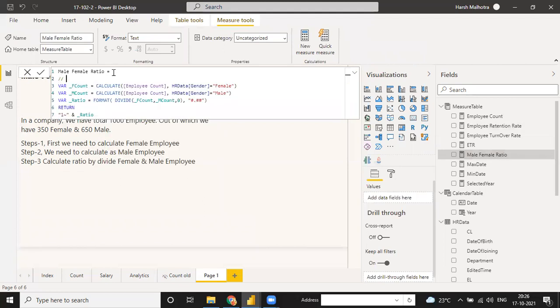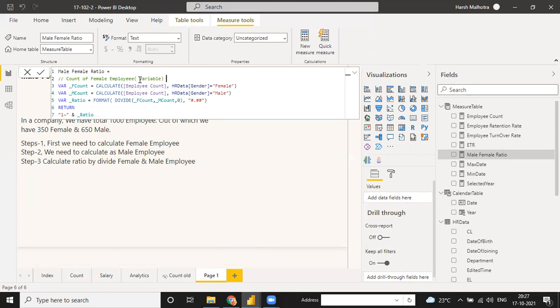This is the count of female employees. See this function, this variable, var female count, is equal to this. Female count can be done by anything, but you need to create a variable. So I'm just writing here as variable.